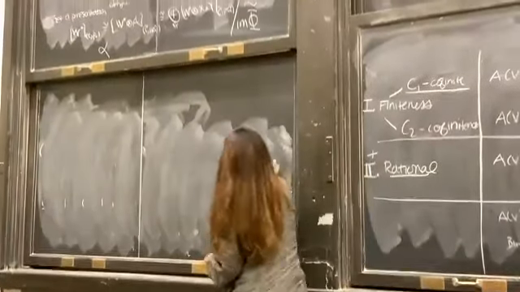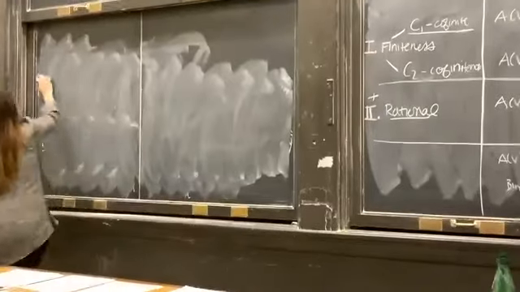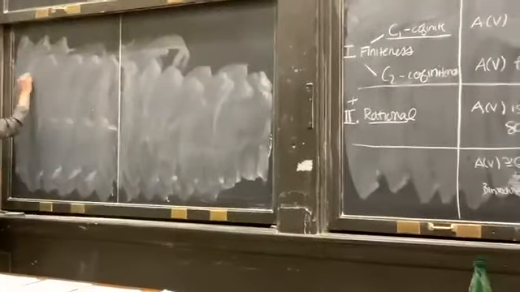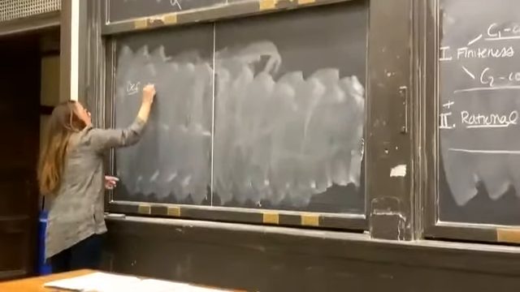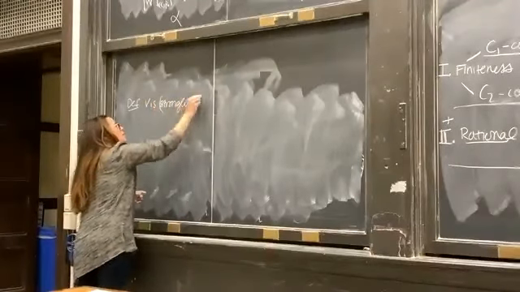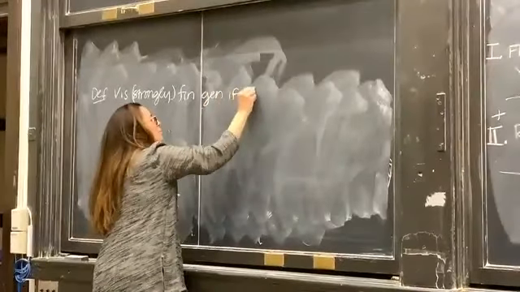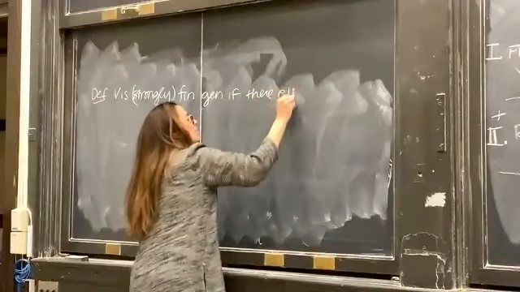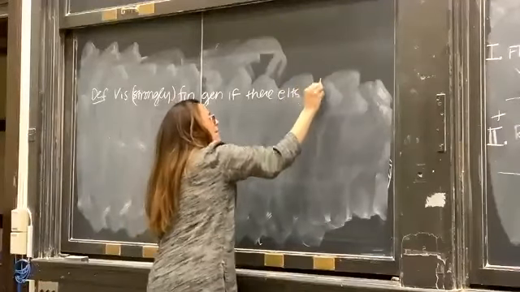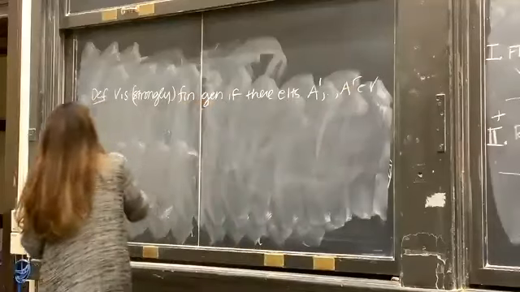And then if it's strongly finitely generated in degree 1, the classes are fully generated. So it's strongly finitely generated if there are elements A_1 through A_r in V such that